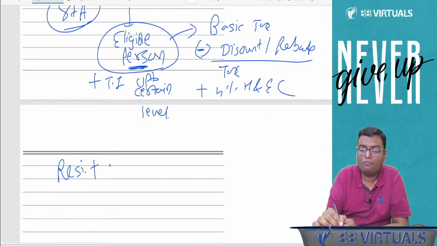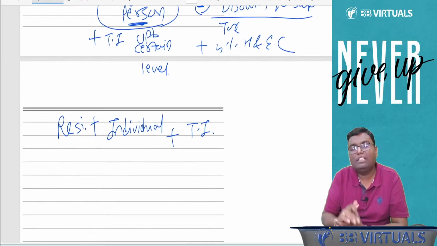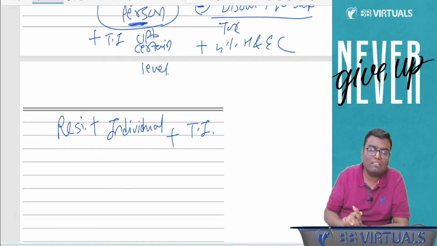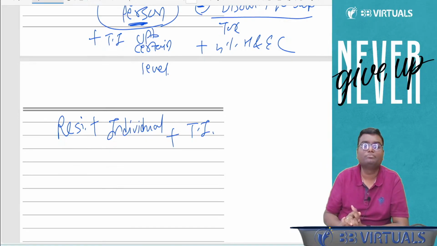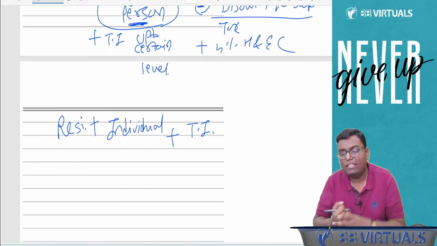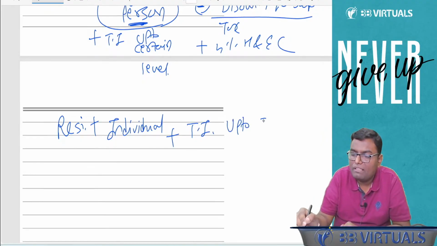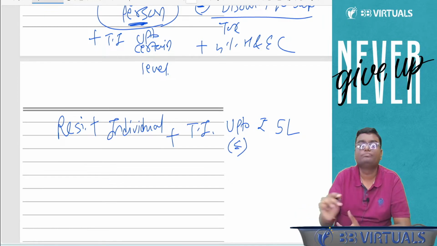Resident, individual, whose total income. What is the meaning of total income? Gross total income minus deduction under Chapter VI-A. That is ultimately taxable income, total income. So if you are a resident individual, and your total income is up to rupees 5 lakh, that is less than or equal to 5 lakh,